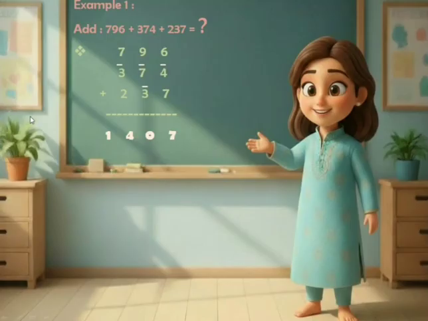So you have remembered the rule that whenever the sum exceeds 10, we will put dots or ticks over there and add it in the next step. Okay, then we are going to add this sum. When 6 is added with 4, we obtain a 2-digit number, that is 10.